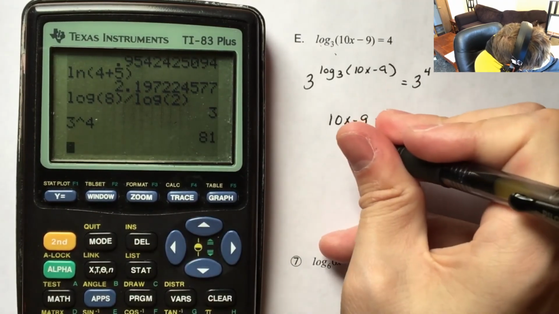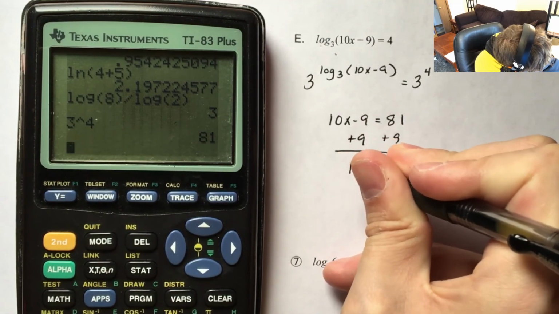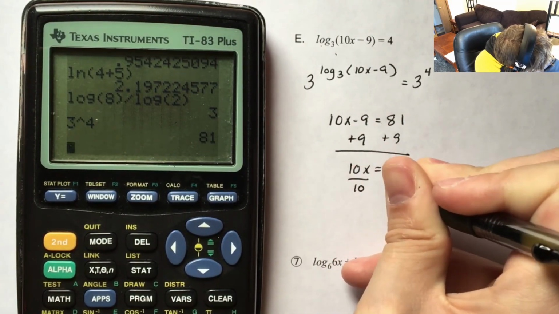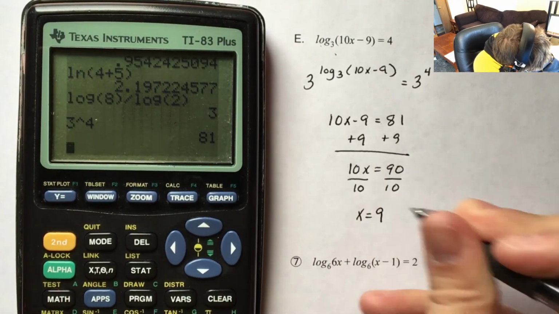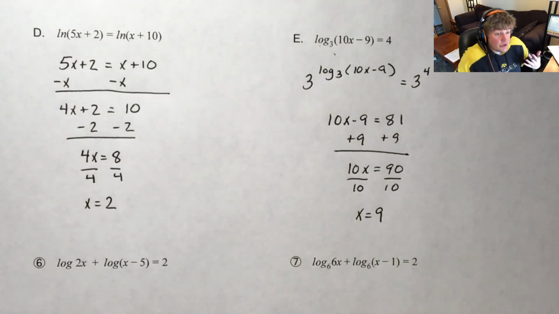Alrighty, and then I can add 9 to get 10x is equal to 90. And this is just 9. Okay. So there's D and E for you. Go ahead. Hopefully you did pretty well on these because I am moving